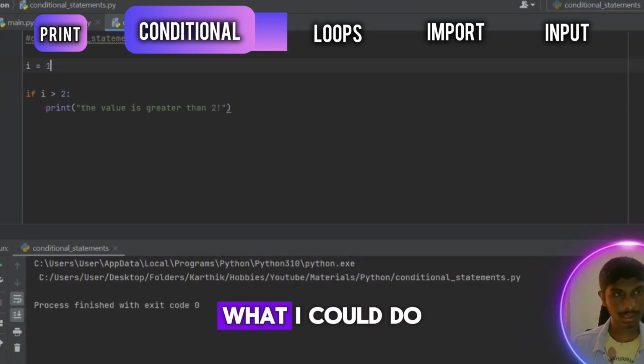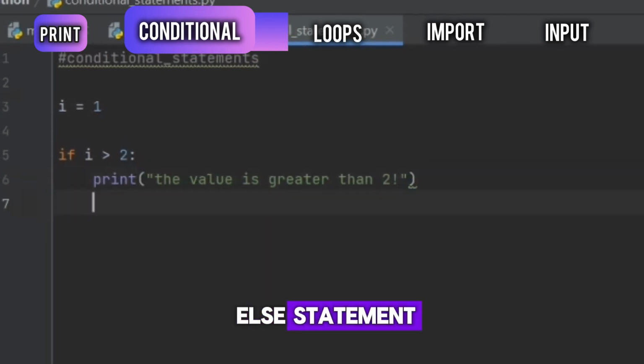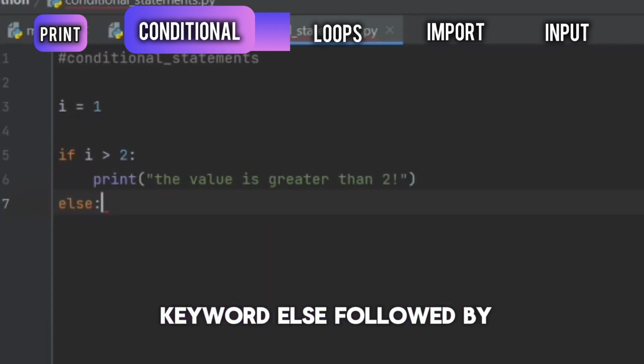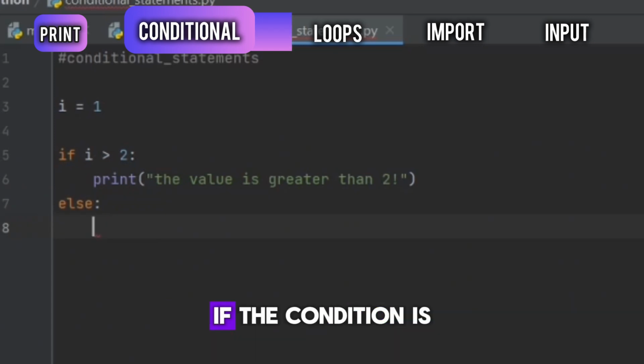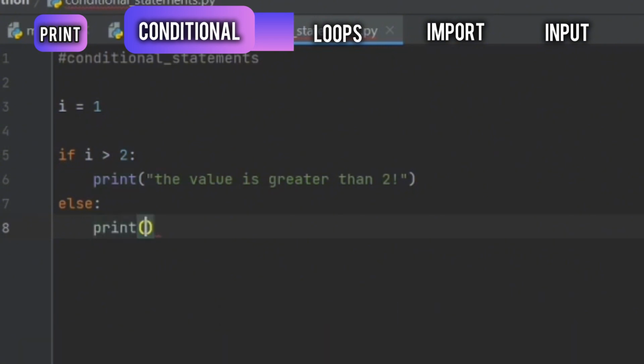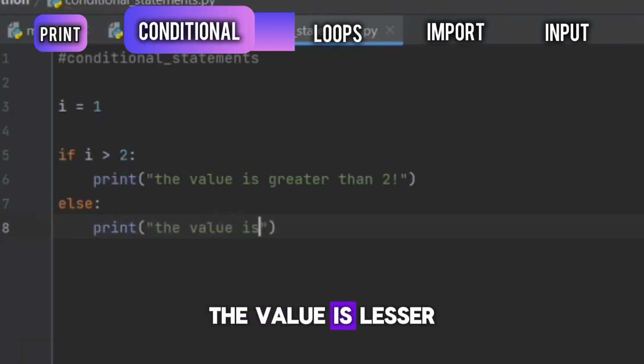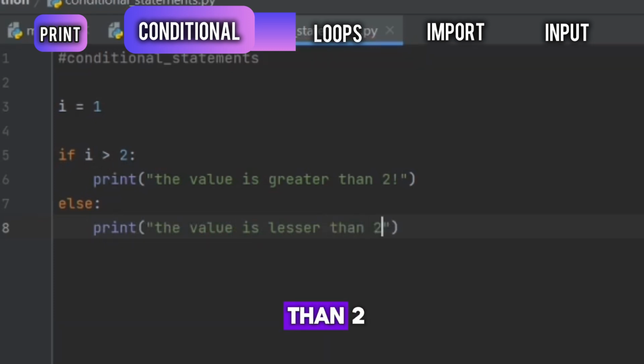In that case, what I could do is write an else statement. For that, I'll use the keyword else followed by a colon, and then I'll write the statements that I want to execute if the condition is false. So I'll write print the value is lesser than 2.